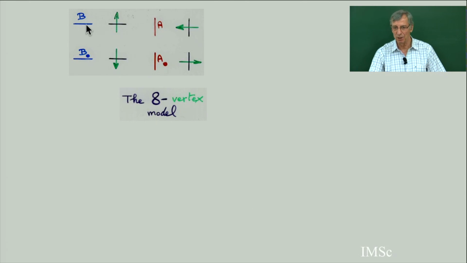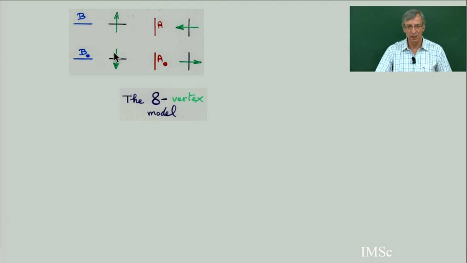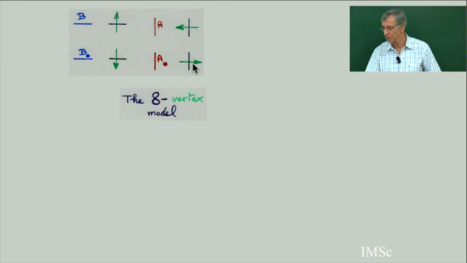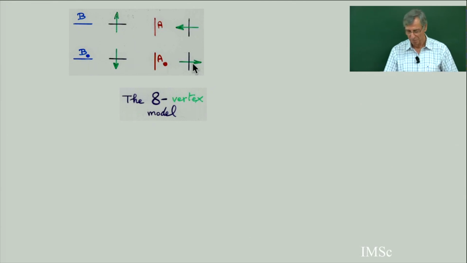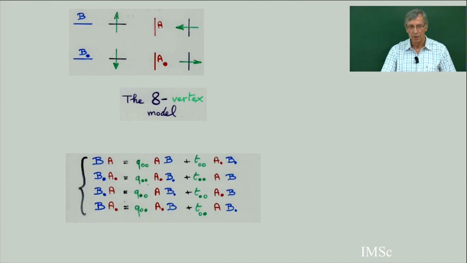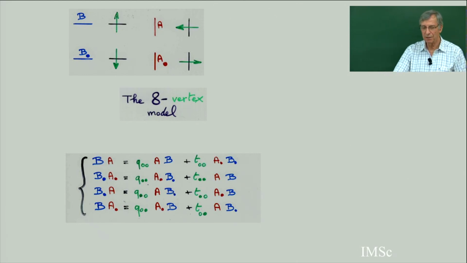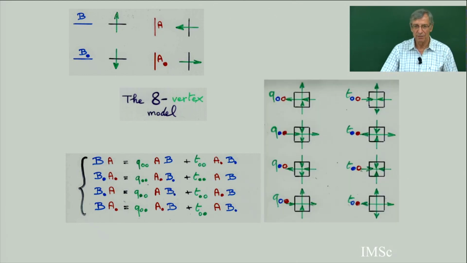Then, when you have a cell with an edge labeled B, you replace the B by these vertical edges in green, or B dot you can replace by an edge going down. A you can replace by an edge going to the left, and likewise A dot. So you just replace the letters by two possible edges, crossing the edges labeled A or B, and this is exactly, in fact, the 8 vertex model. The 8 vertex model is the following. You see, you have 8 possible configurations, in each cell, each edge is crossed by an edge.